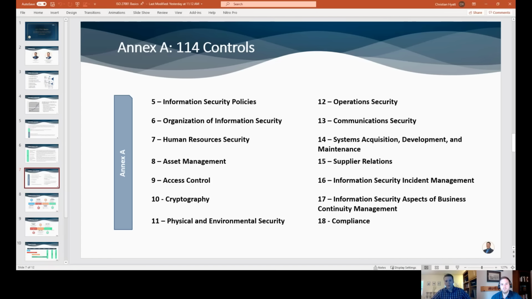Section 7 is human resources security. So ISO looks at this really in 3 stages: pre-employment, during employment, and post-employment. So there's just controls that go to each one there to make sure that you're securely and appropriately handling screening prior to onboarding, enforcing HR controls throughout employment, and then during offboarding through voluntary and involuntary terminations, having controls in place to make sure that things are addressed there.